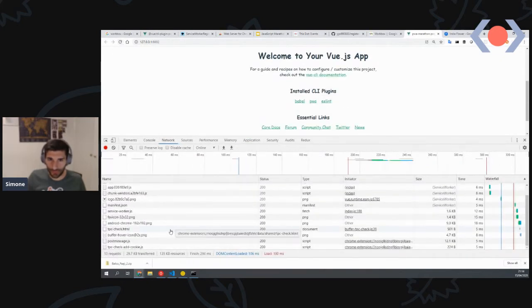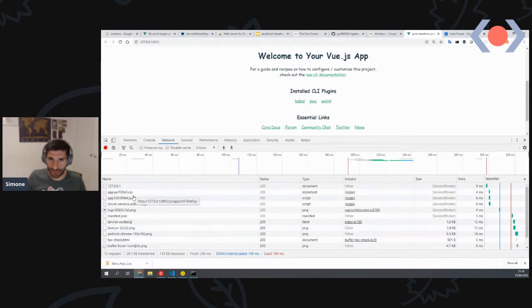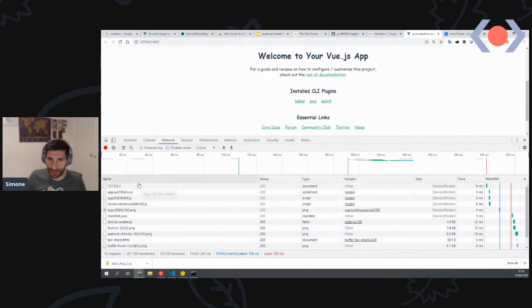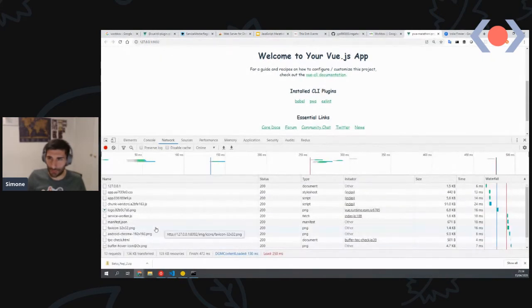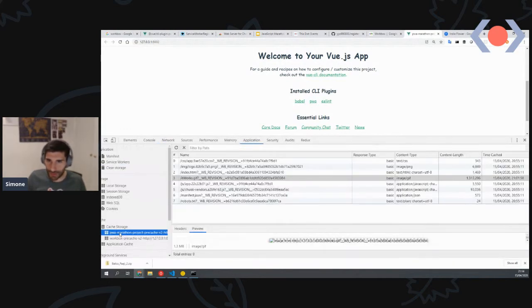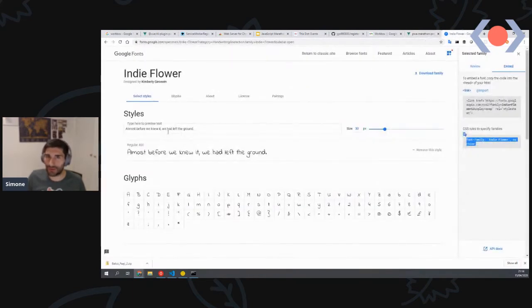I must have used the font that is already in Chrome for sure, because it's not downloading it. So let me see if there's a font here. It should be. Yeah, so there's no font here. So I think I have downloaded